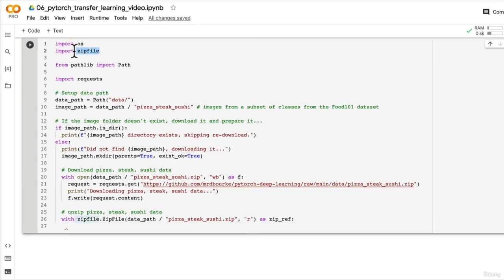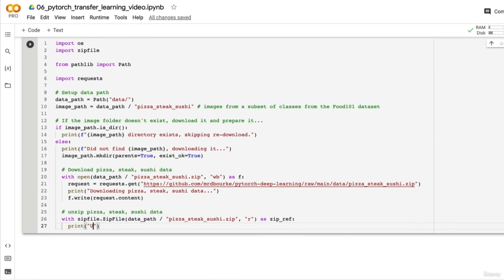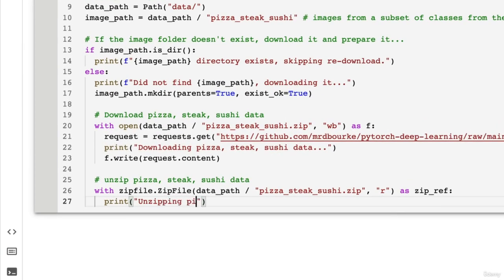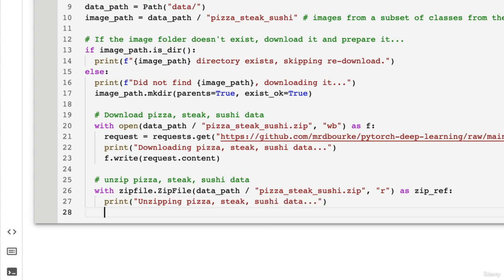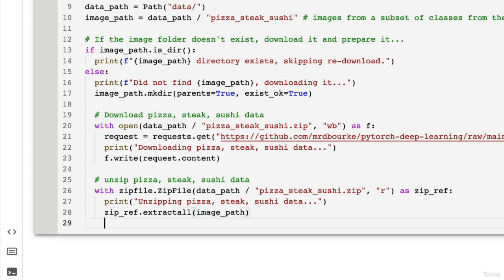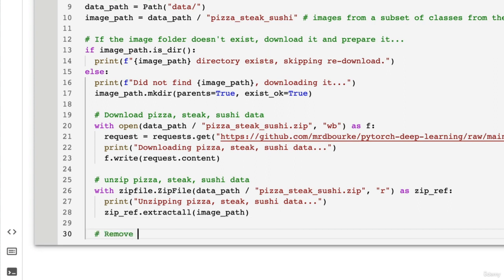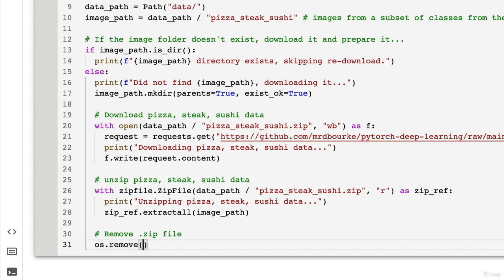So this is where we're bringing in zip file from the Python library. Zip file.zip file. Open up the zip folder that we just would have downloaded from GitHub. And then we'll go unzipping pizza steak sushi data. This should be relatively quick because there's not too much data there. If it was a large data folder, it may take a little while, but that's to be expected. The more data you have, the more compute it takes. Extract all image path, beautiful. And then we want to remove .zip file. Yeah, we can remove it. We don't need the zip file after that. os.remove data path